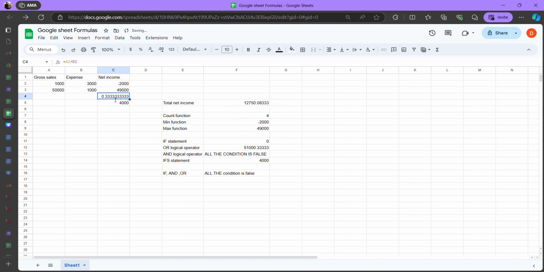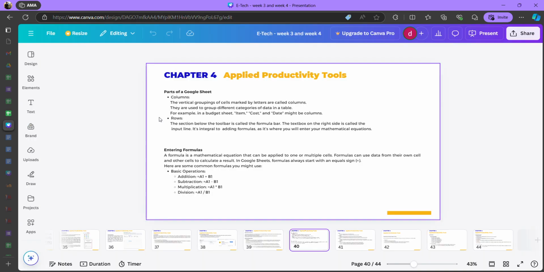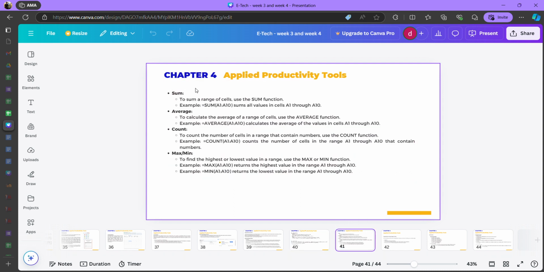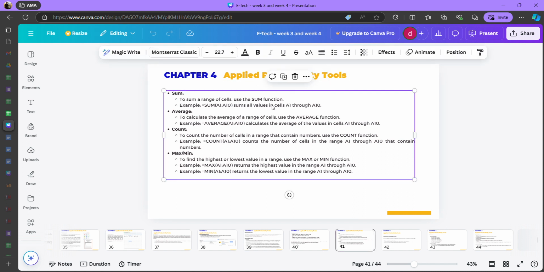Okay. So that's pretty much it for the basic mathematical operations, right? In using the formula. So now we're gonna proceed to the functions. So in Google Sheets, we have different functions that you can use. So for this instance, we have sum. So sum, from the name itself, it will add all the values depending on the cell that you prefer, right? So in this example, we have sum,